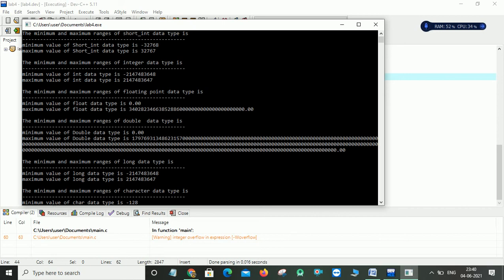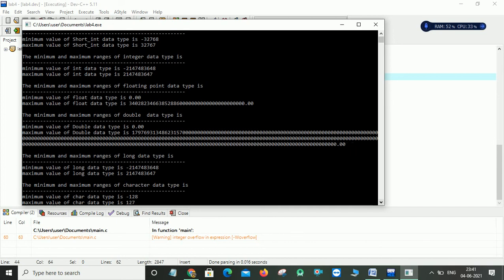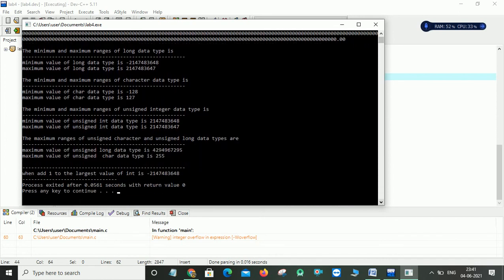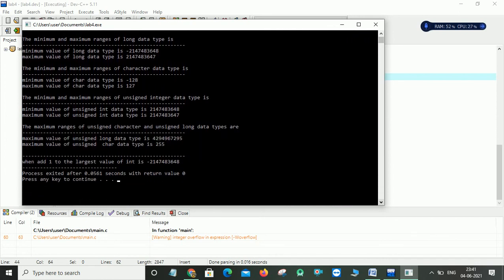For the double, the range is 1.7976931348623157 e+308, and that range will be shown in decimal values like this. And for the long data type, it is similar to your integer data type. For character, it takes 1 byte, so the minimum value is minus 128 and the maximum value is 127.